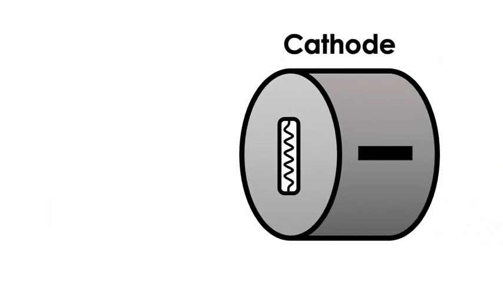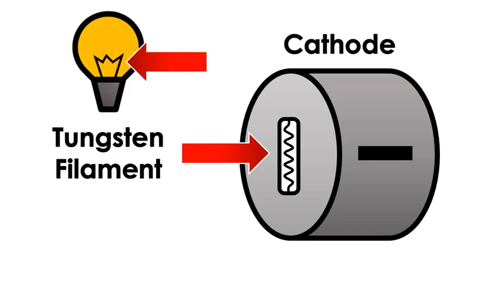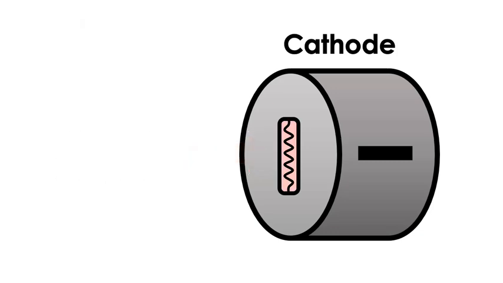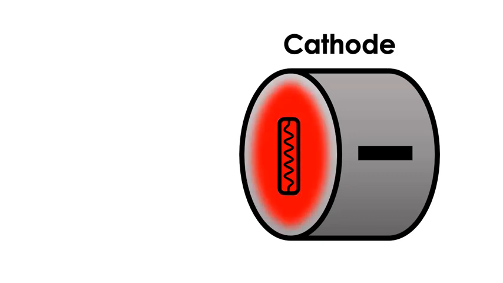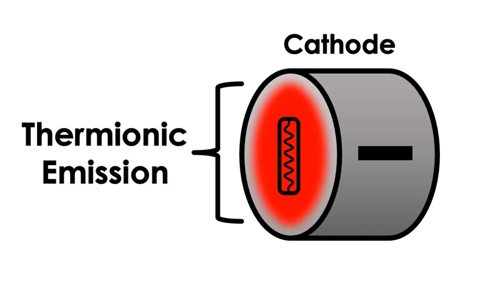To start with, the cathode. The cathode assembly is the negatively charged side of the X-ray tube. The cathode itself is actually a small tungsten filament. This is very similar to the filament in an incandescent light bulb. When a high amperage current is circulated through the filament, it gets very hot. So hot that it creates a cloud of free electrons. We call this cloud of electrons the space charge. That's because these electrons, or charged particles, are now out in space. The process of heating the cathode to create free electrons is that process we call thermionic emission.